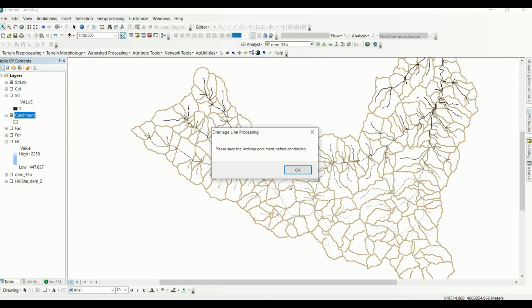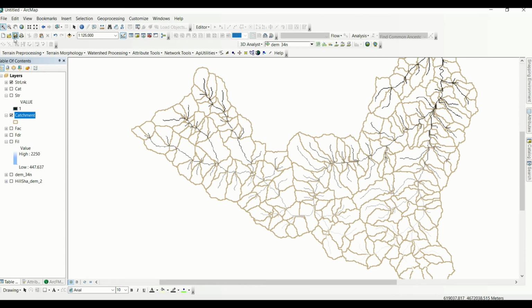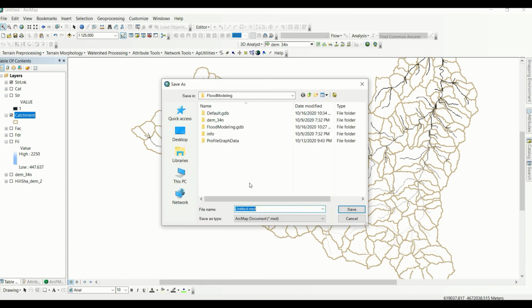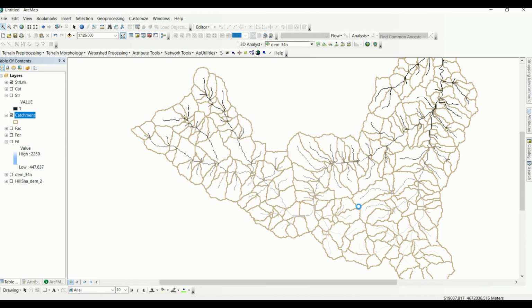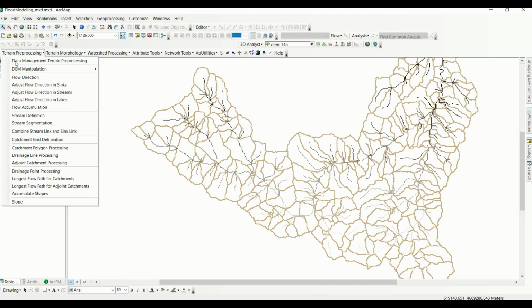So we need to save it. We can save our document. I will save it as flood modeling.mxt. Save. And now if we run the stream network,